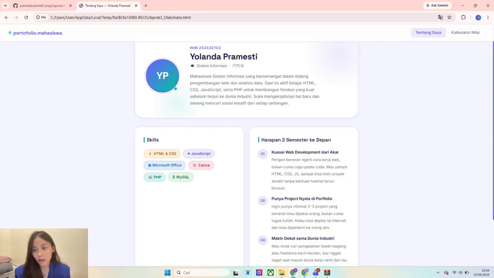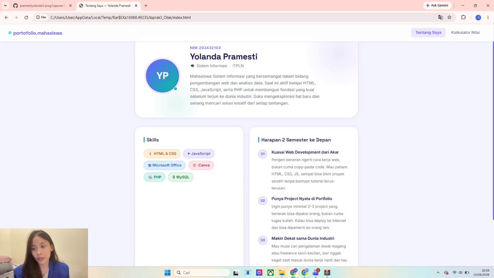The main section of the page is the hero section. This section displays a profile image, full name, student ID, study program, and a short biography. The purpose of this section is to provide a quick introduction to visitors.